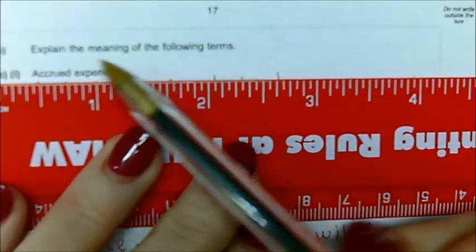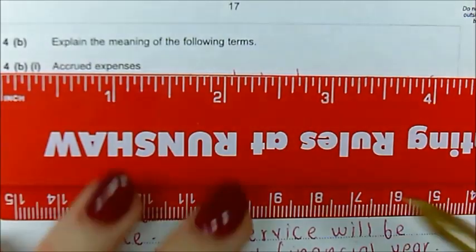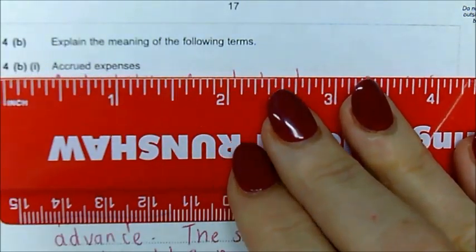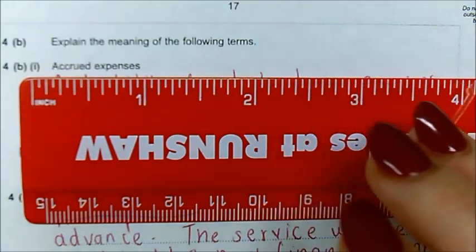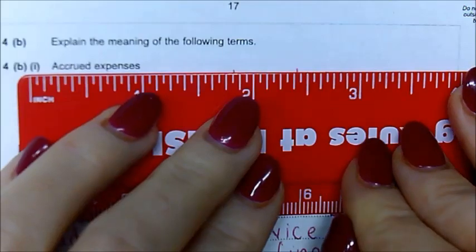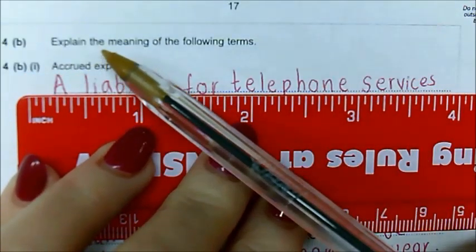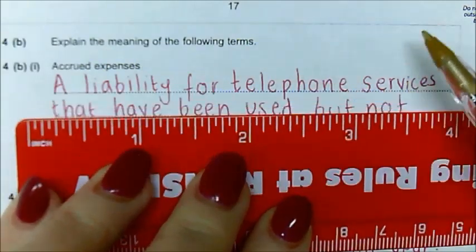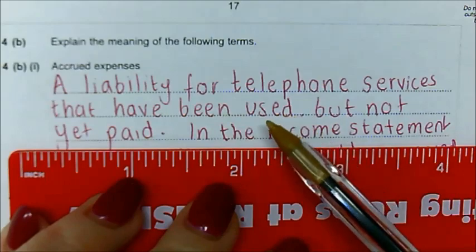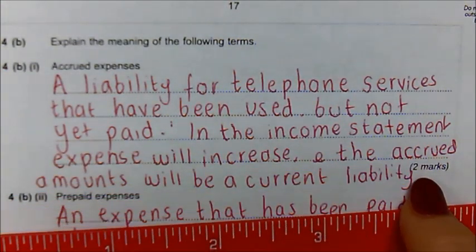So first of all, you're asked to explain the meaning of accrued expenses. If you want help with definitions, you've got your revision guide. Accrued expenses are when we've used an expense in this time period but we've not paid for it yet. So in this instance, it's a liability for the telephone services that have been used but have not yet been paid. Now that would probably get me 1 mark, and this is a 2-mark question, so I'm going to add